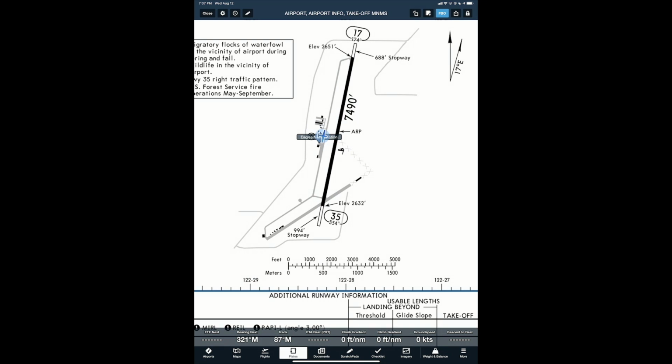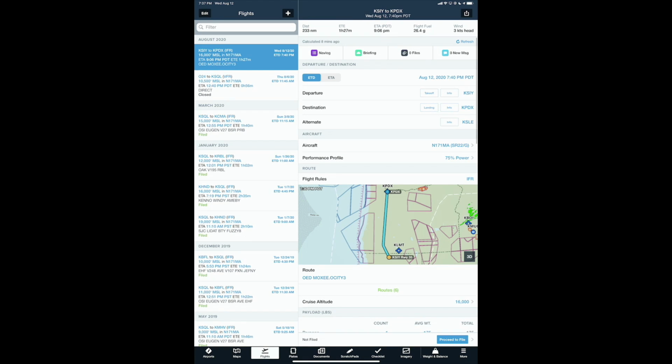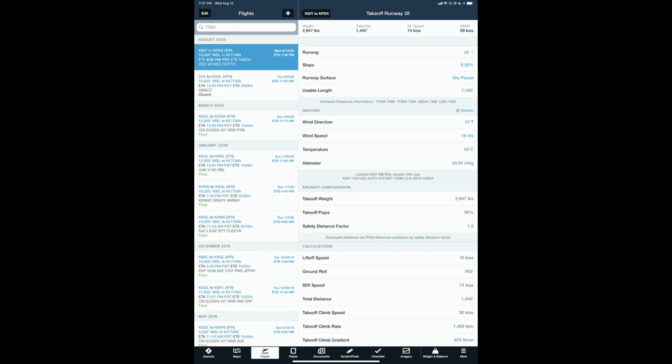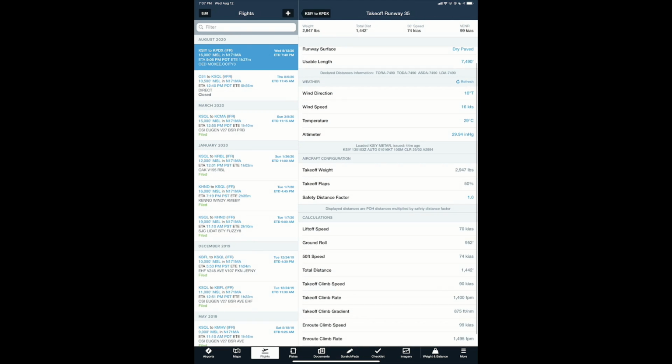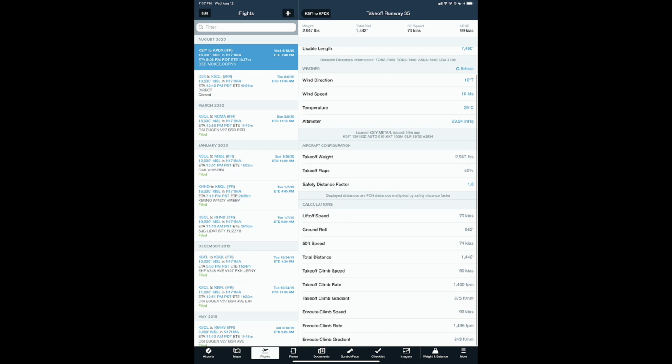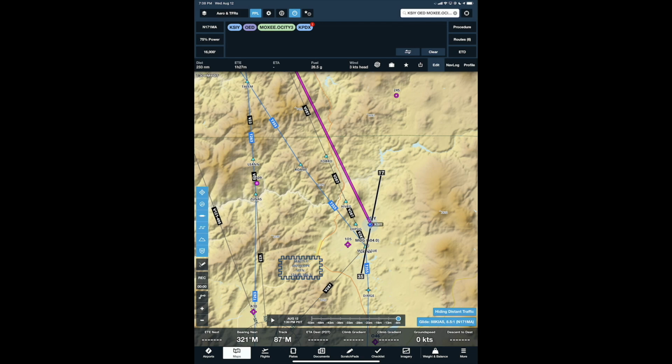If we go to the plate, you see the runway is 7,500 feet long, so obviously takeoff distance is not going to be a factor here. You can also do this calculation in ForeFlight. If you have the Performance Plus plan, just hit the takeoff button, choose the runway you're going to use to take off, and as you can see, it calculates a ground roll of 952 feet, a little shorter even than what we calculated. All right, with that done, it's time for the final step, which is to determine and brief